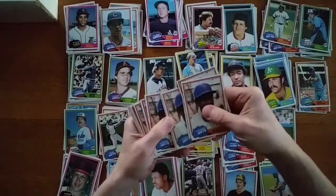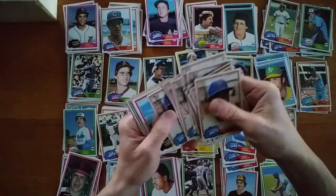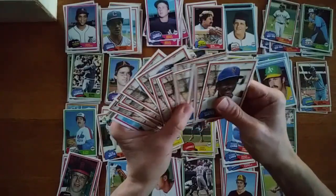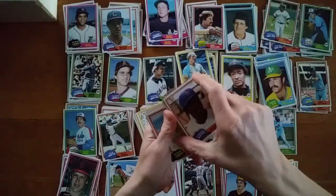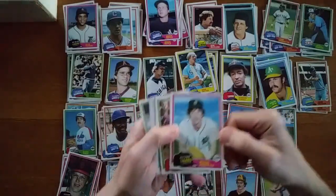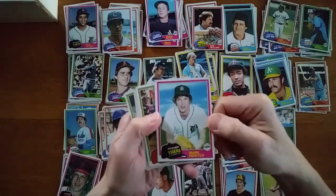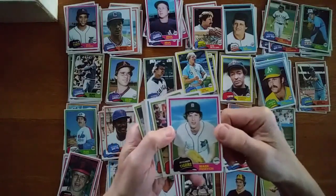You would expect each team to have roughly the same number of cards given any distribution. But then you get a run of 100? Okay, not 100, more than 10, probably Claudell Washington's. It's a nice card, but man, he's going to really do some good for the Mets there, and things get out of whack. There's Mark the Bird Fidrych, who was towards the end of the line there for the Bird at this point, but boy, he was one of the guys that really set off rookie craze, maybe not rookie card craze, but